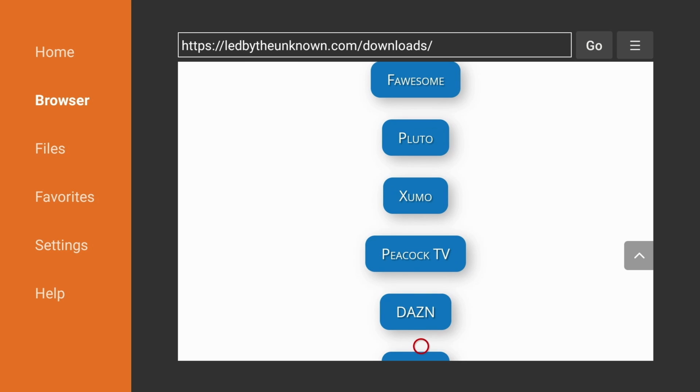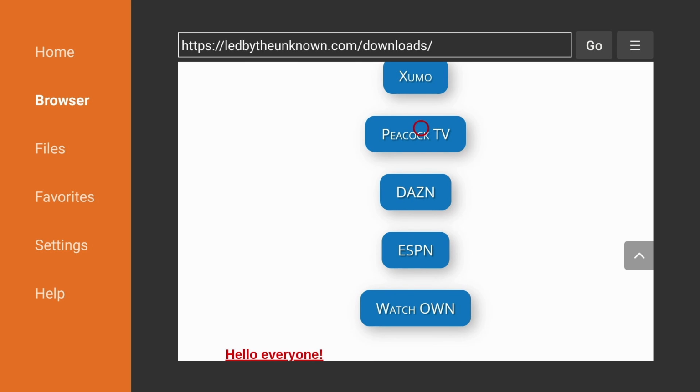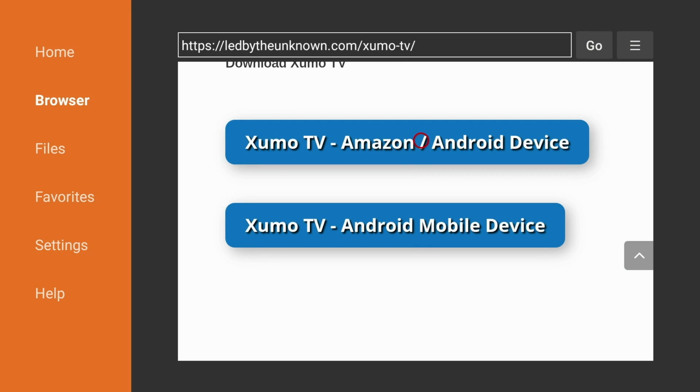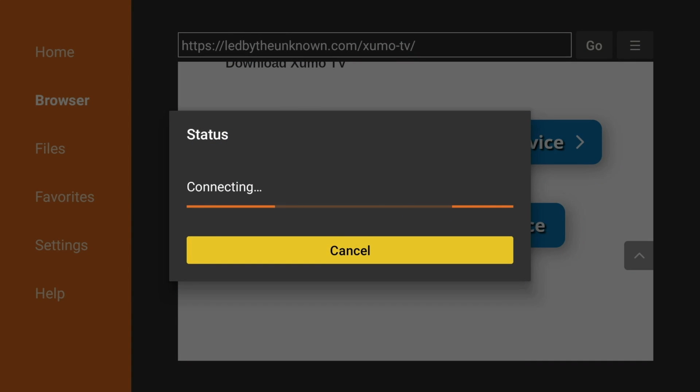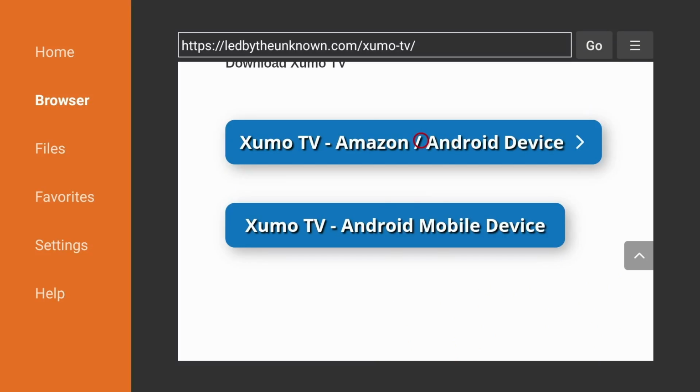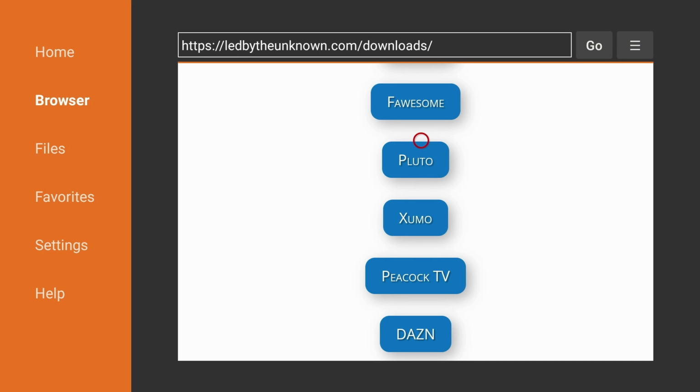We have DAZN, ESPN. Try a little Zumo TV. When you're in the Zumo TV download section, just head on down and under the Amazon or Android device, download, click and install. Once the installation is done, we're going to click done and delete the APK file as we no longer need it. And you hit back, and we can do the same with Pluto, Peacock, Possum, but today